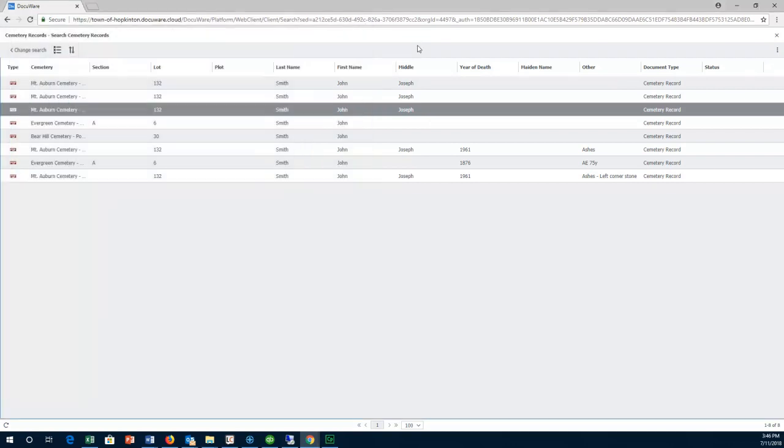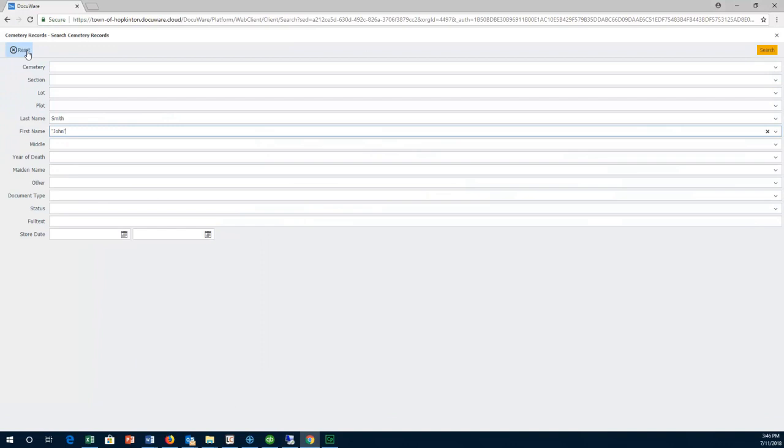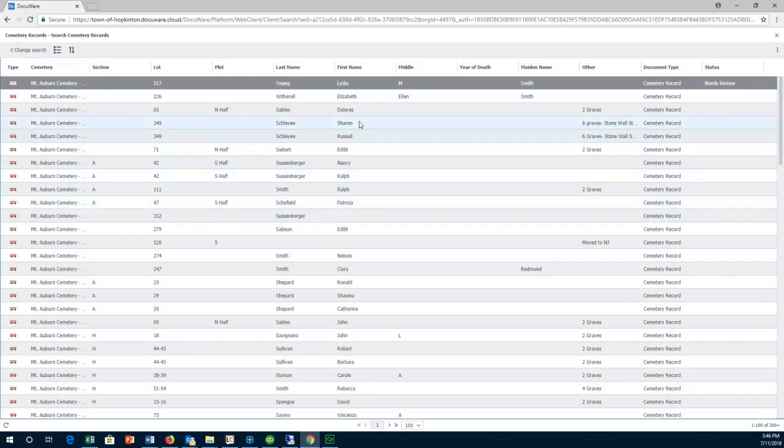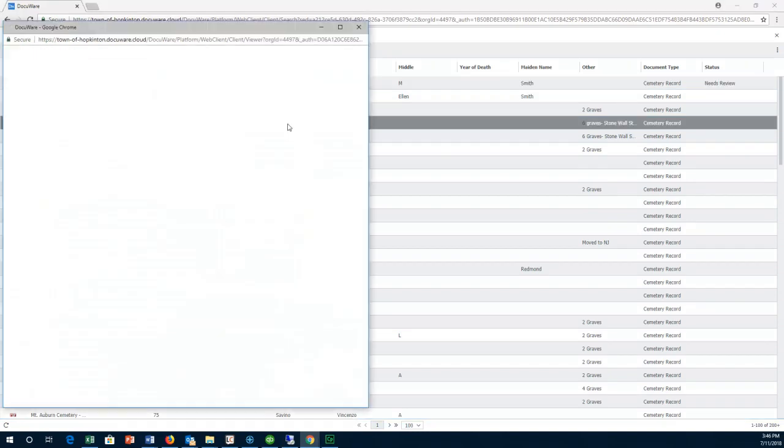So that's one way to search. That's what we call fielded search, or using metadata to search. Well, what if I want to find a document and it's not tagged by Smith, maybe it's just in the content. So I say, find me any document that has the name Smith in it. As you can see here, here's a document that's tagged by Sharon, and I want to look at this document. I click on it,